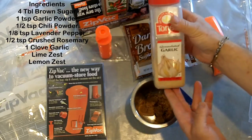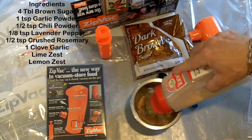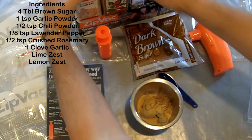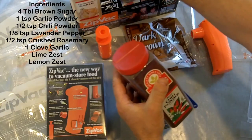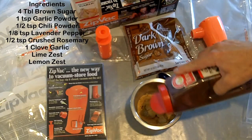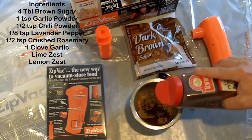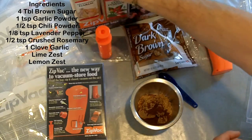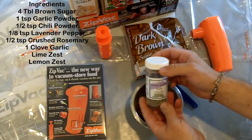Next ingredient is the garlic. I like lots of garlic. Get that in there. And I like to have a little bit of chili powder. So I'm going to use your basic mild chili powder. Gives a little bit of zip to it. And I'm trying to create a nice flavor profile that has the sweetness but a little bit of herbal strength